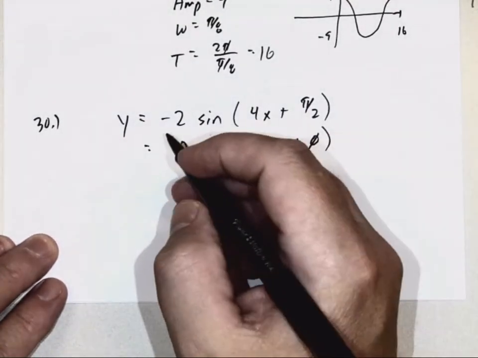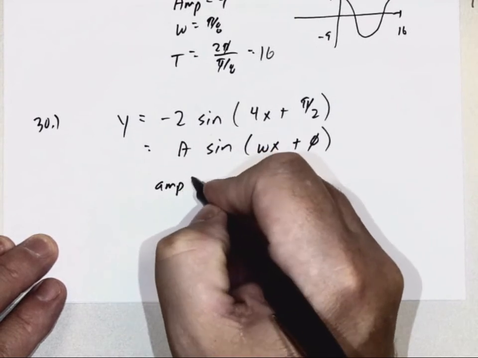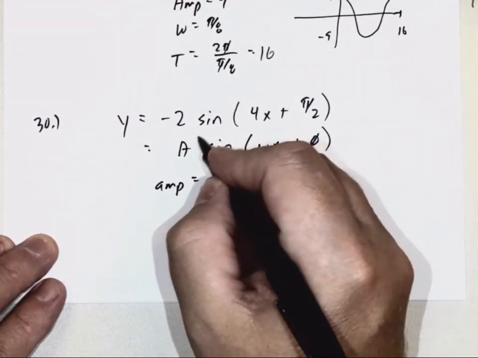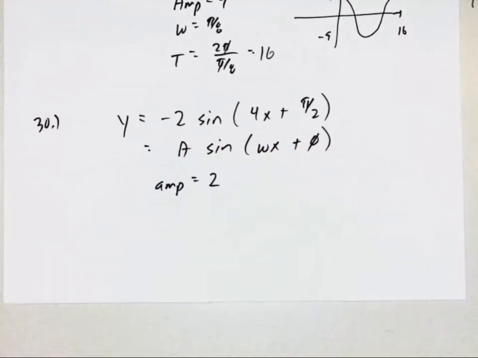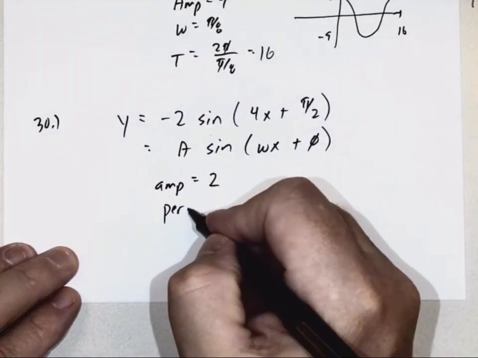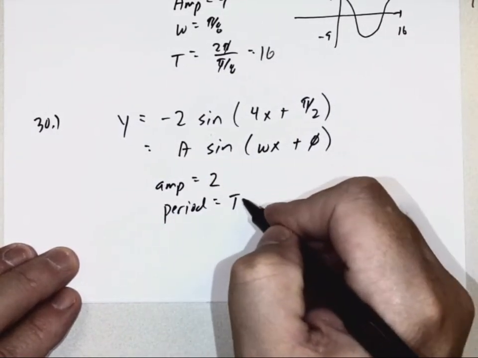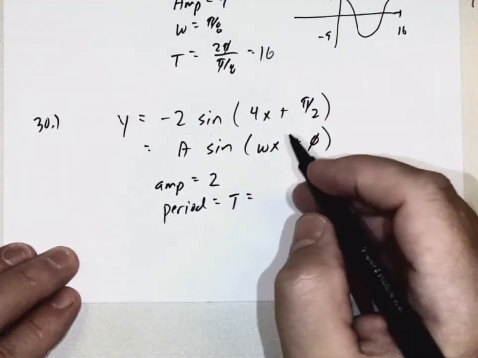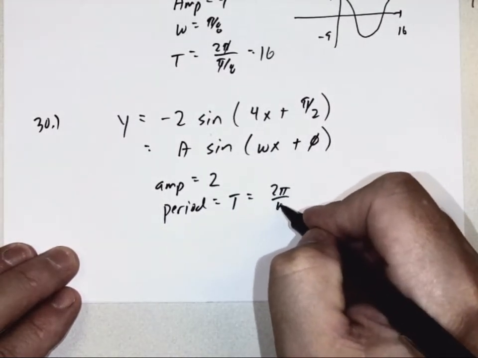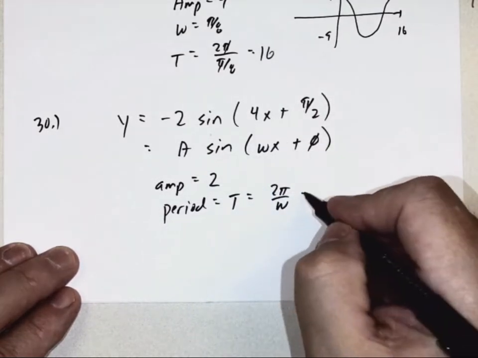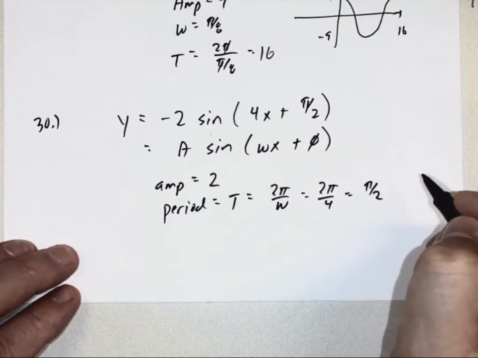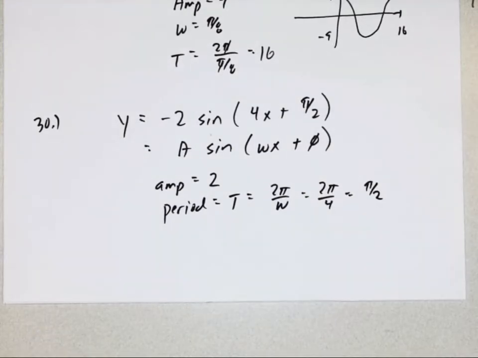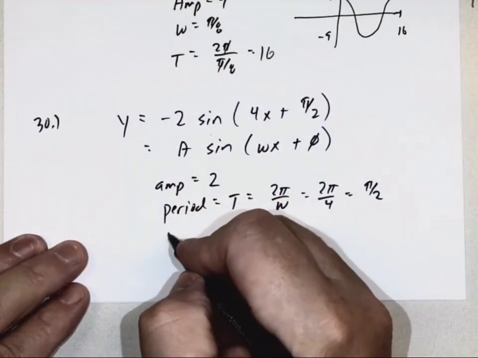Let's go ahead. First of all, they ask, what's the amplitude? Amplitude's easy, right? It's the number in front of the trig function, so it's going to be not -2, but 2. Amplitude's always a positive number. The period, sometimes we call t, the period is 2 pi over omega. In this case, omega is 4. That one's pretty easy. Period's pi over 2. Now the phase shift